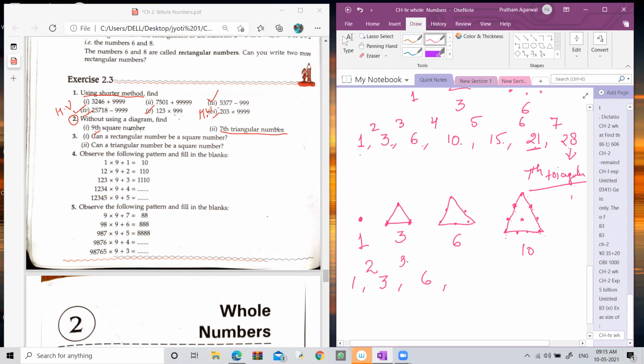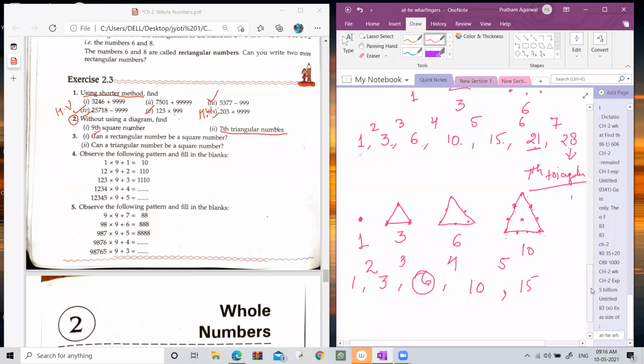Now, in this way, you have to increase the number and then add it to the triangular number. When you add this increased difference to the triangular number, you will get the next triangular number. So when you add 6 plus 4, it gives you 10. Then which number comes after 4? 5. Okay? So you have to add 10 with 5. It gives you the next triangular number, that is 15.